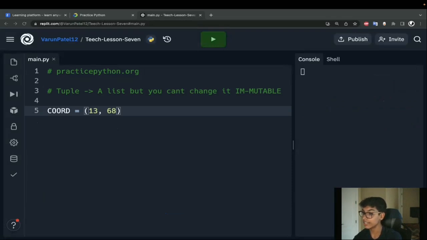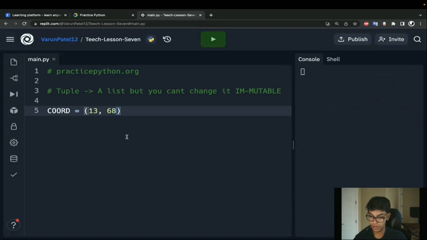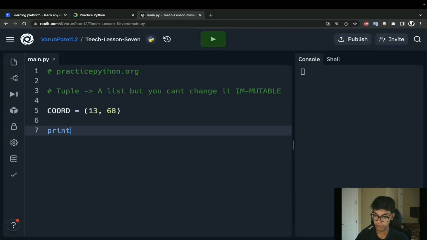So can you call individual items from a tuple? Yeah. So let me just stick with this right here. Let's say I wanted to print out the first item in my coordinates tuple. Print coordinates 0. So it works the same way, except for those specific adding, deleting, and changing things.